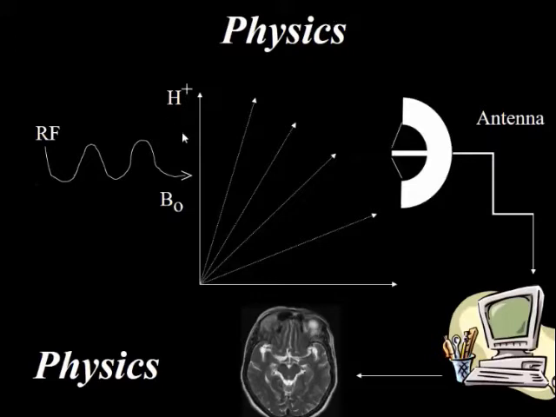I'll just recap it in 10 seconds. There is an external magnetic field. Within the bore of the magnet, you have the patient. The patient's body is made up of 90% water. Water is H2O. So you have the H component, or the hydrogen, which aligns along the magnetic field, which does not produce an image. Then we bombard the hydrogen proton with a radio frequency pulse. The hydrogen proton tips to the horizontal plane, and when it is coming back to the equilibrium, the signals are captured by an antenna, which converts this data into an image, and that is what you finally see. So it's a very complex procedure.